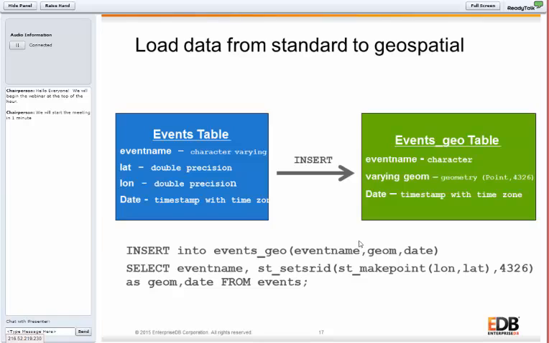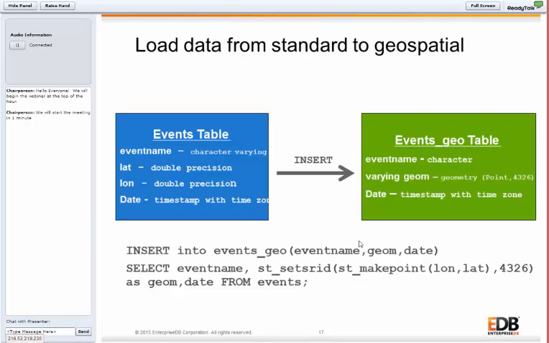Another situation you may run into is maybe you have an events table already, or you have any table, and in the events table, you have an event name, just standard database attributes, varchar, you have a lat that you're storing, you have a long that you're storing, and then you have a date. But now you need to do more with that. So you create an events geotable. Optionally, you could also add a geometry column. There's an AddGeometryColumn function you could use and add it to the events table.